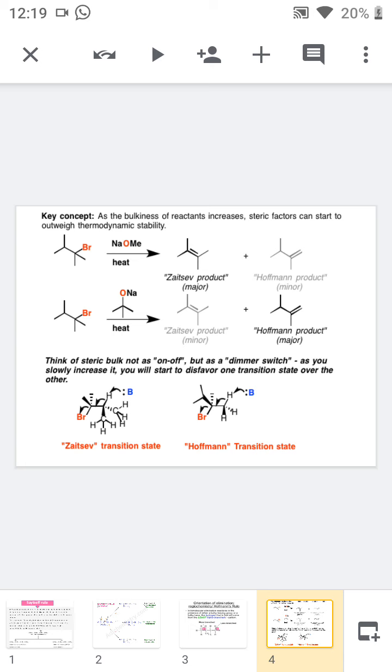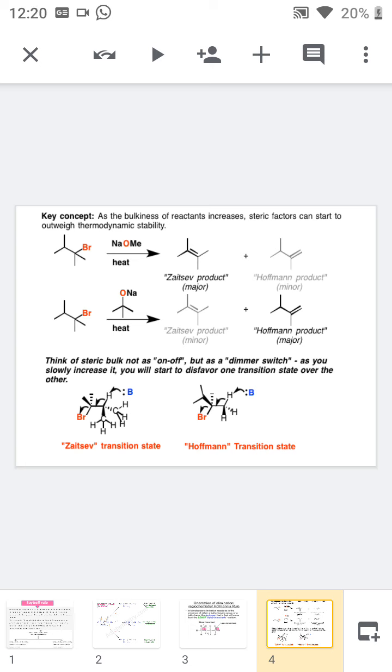But if the starting material contains a bulky group, or our base is a bulky group, then the least substituted product is the major product. See in the first example, if we are using NaOMe as the base, then we will get the Saytzeff's rule product as the final product. The major product is the product according to Saytzeff's rule,